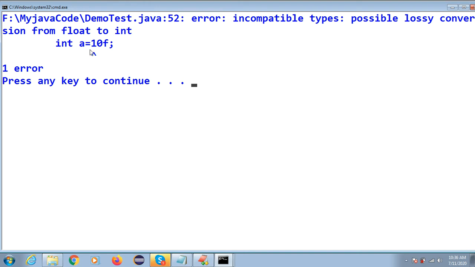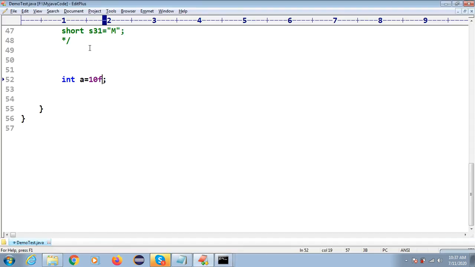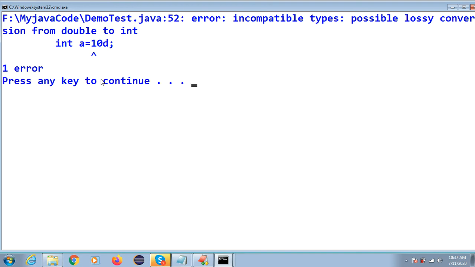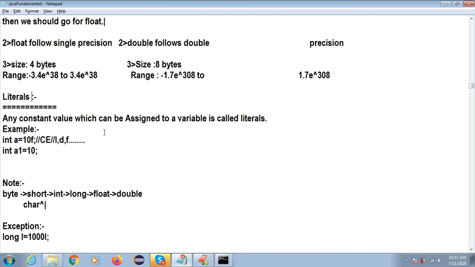Here again the compiler is confused. You have to store a floating point, but you have given the type as integer. So the compiler is telling you this is float to int, which is not possible as per the Java concept. The JVM does not accept this value, so please correct this. Got it? This is called literals. You can make it D, and it will become double type. Now you can see the message says double to int. So this is how it works with literals. It might be I, D, or L for long type.